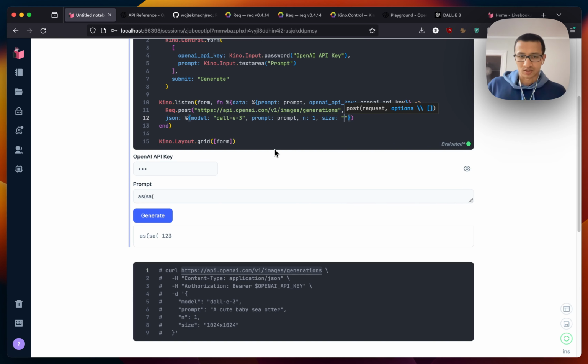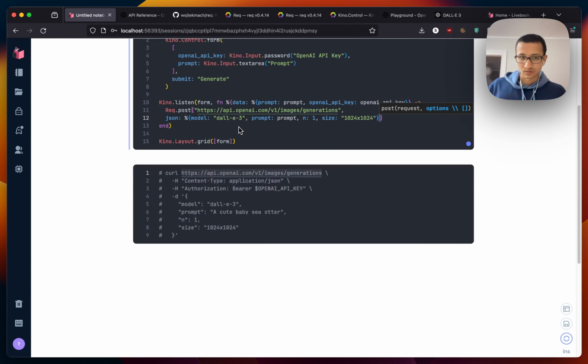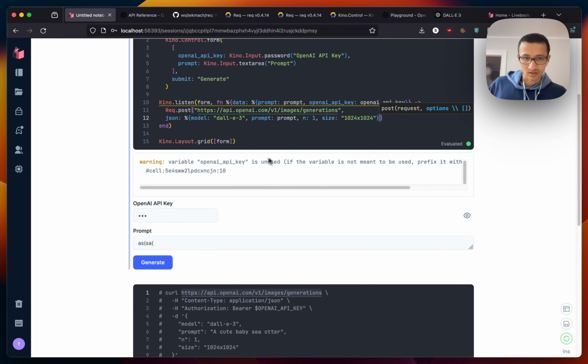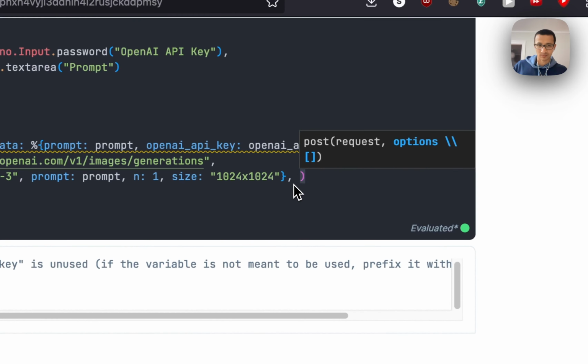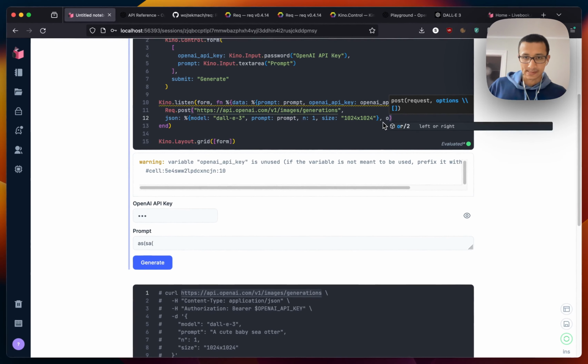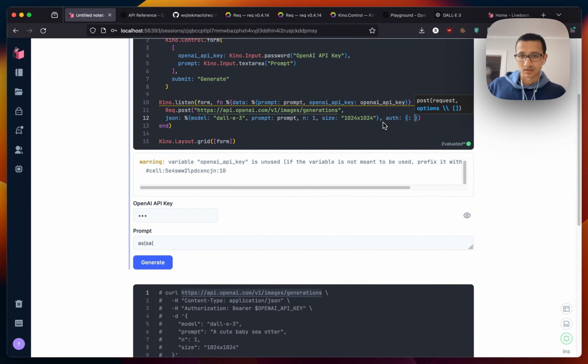For now, I'm just going to hardcode this to 1024 by 1024. And of course, we also need to pass our OpenAI API key, which will be passed using the auth option. So this is a bearer token, and